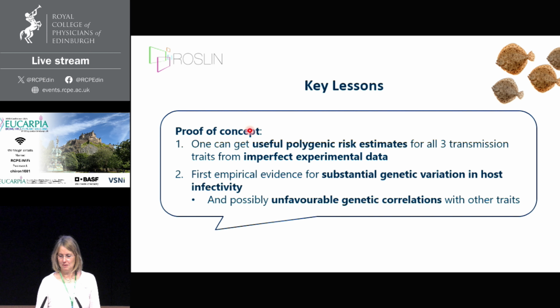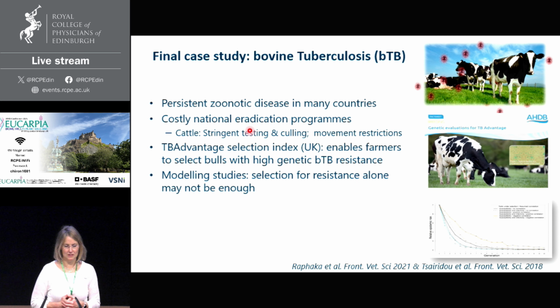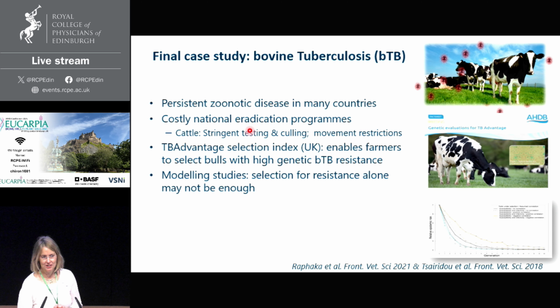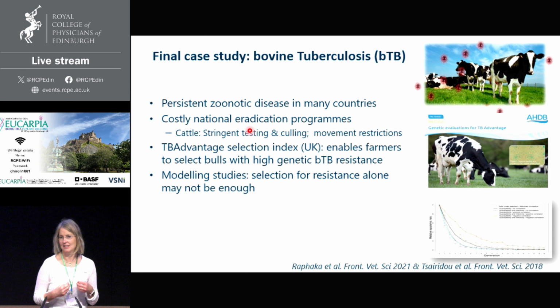We now, of course, want to upscale it, and one example is bovine tuberculosis. It's a big pain in the UK, as many of you would know. There's a national eradication program going on, and actually there is already a selection index that allows farmers to select cows for resistance to tuberculosis. And the question, of course, is, can we do better? Can we also breed cows that have low